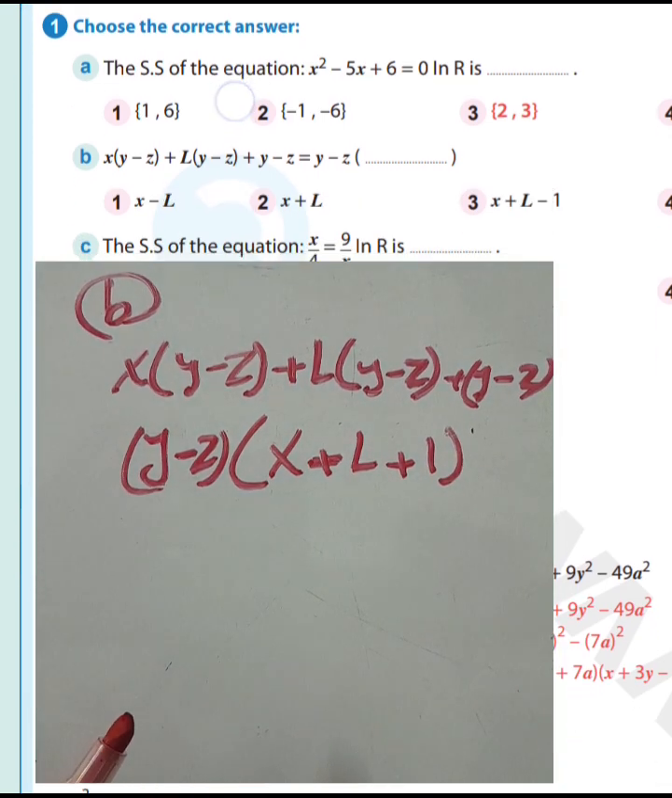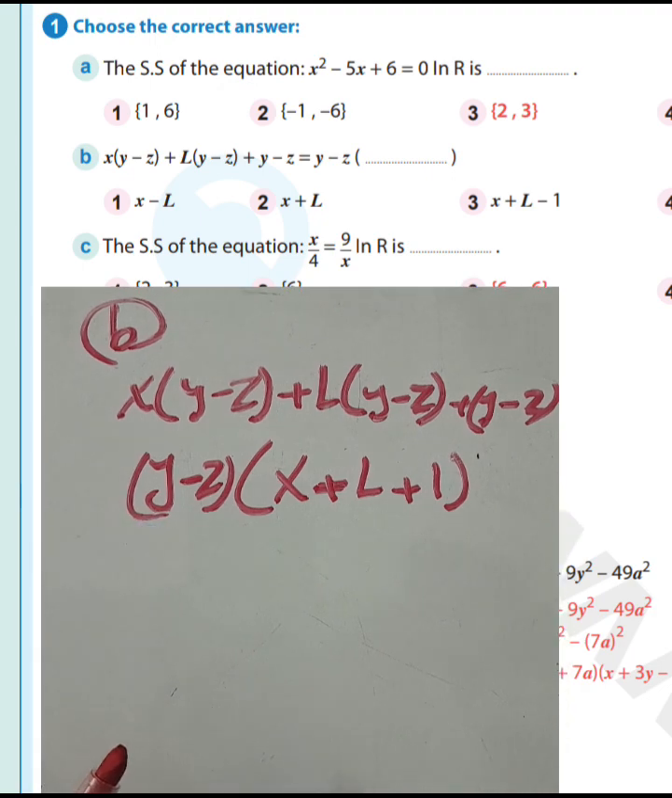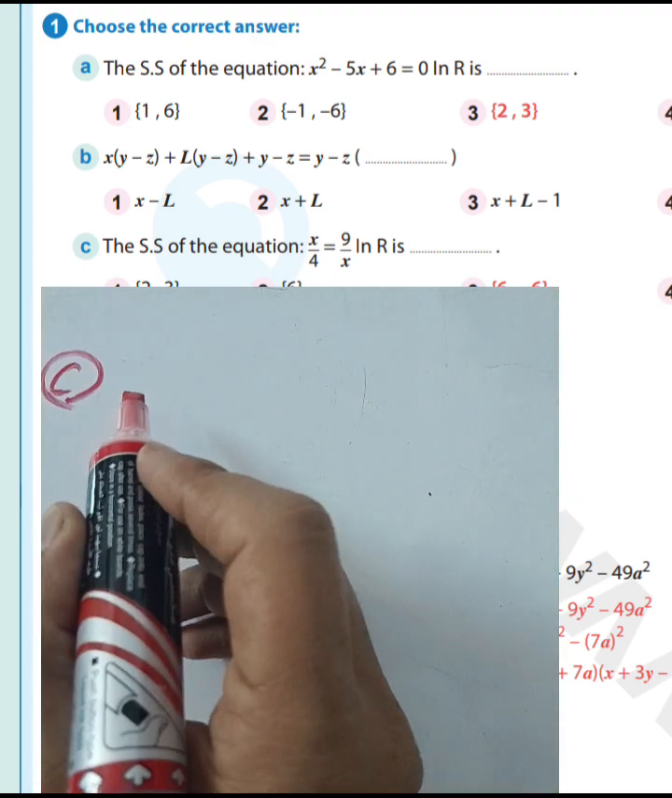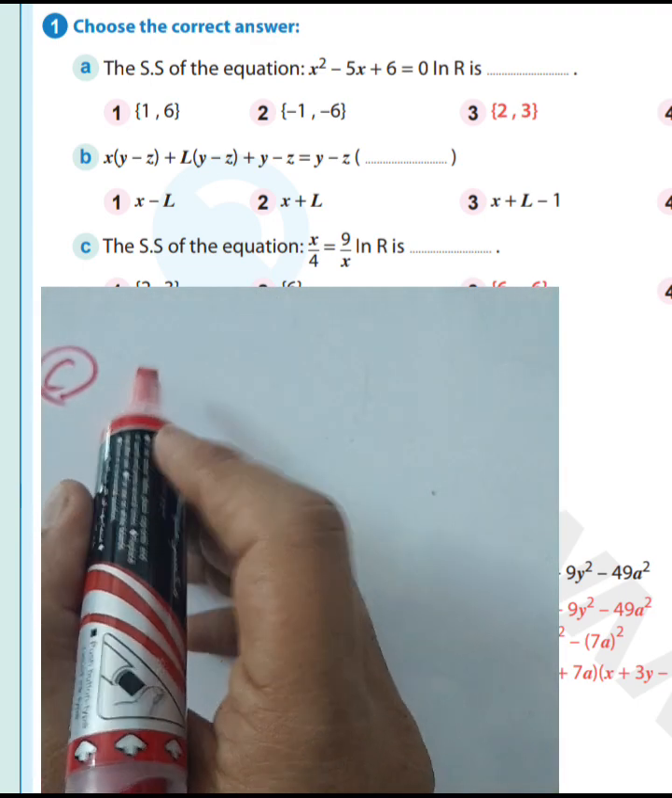Okay, next question, solution set of the equation x over 4 equals 9 over x. We can use the steps here. The product of extremes equals the product of means. We have 4 in the numerator